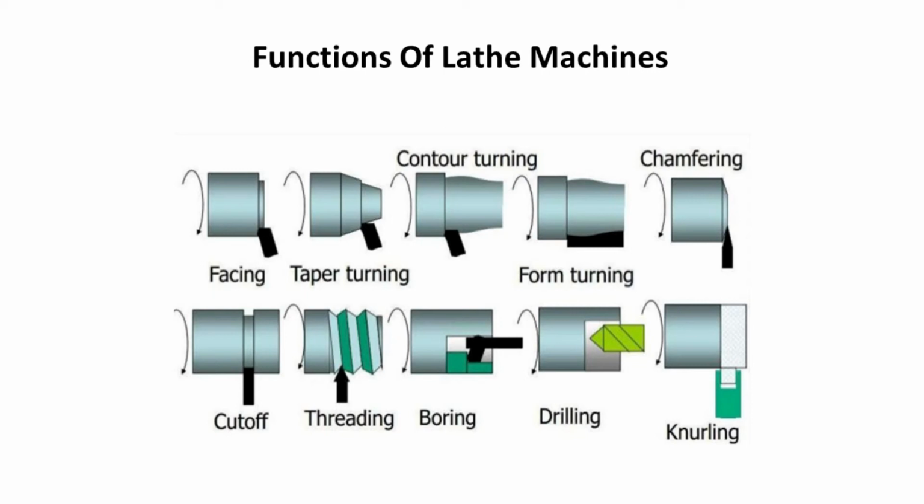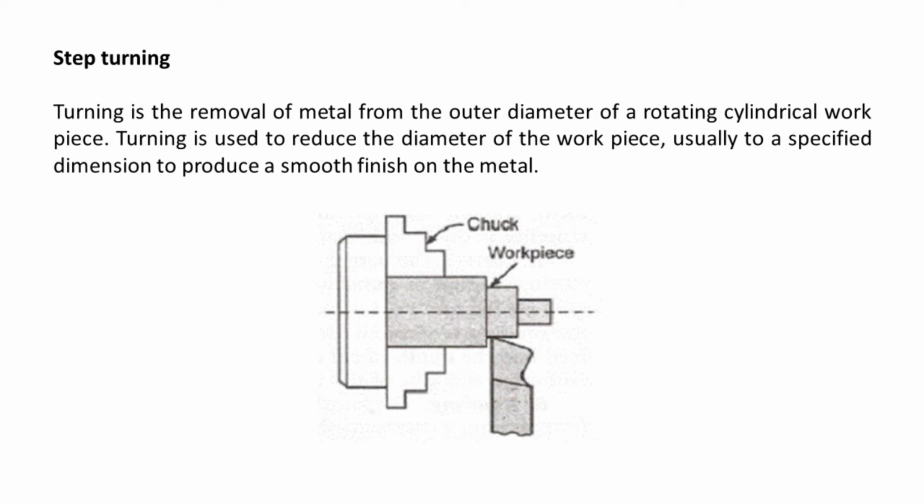Now we will discuss different functions of lathe machine. Step turning. Turning is the removal of metal from the outer diameter of a rotating cylindrical workpiece. Turning is used to reduce the diameter of the workpiece, usually to a specified dimension to produce a smooth finish